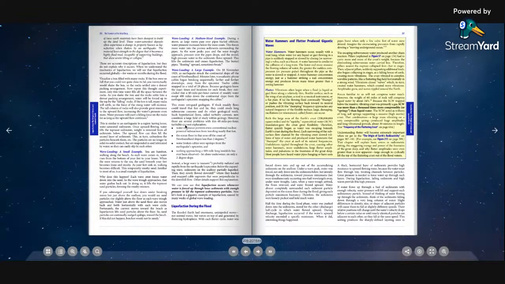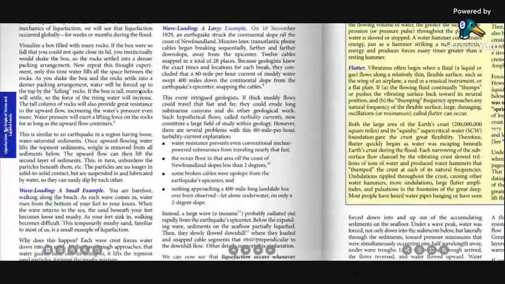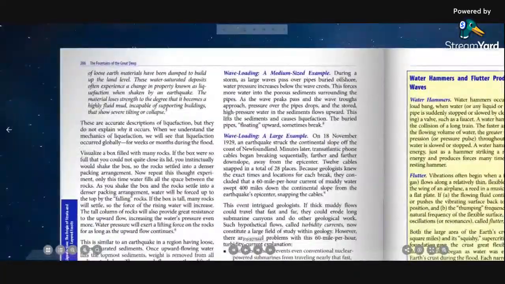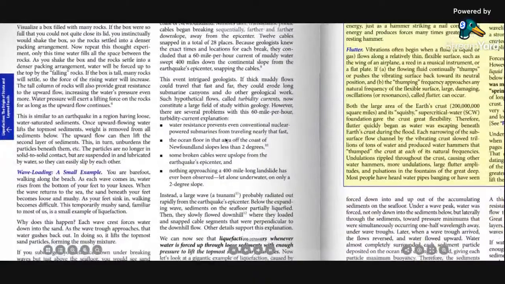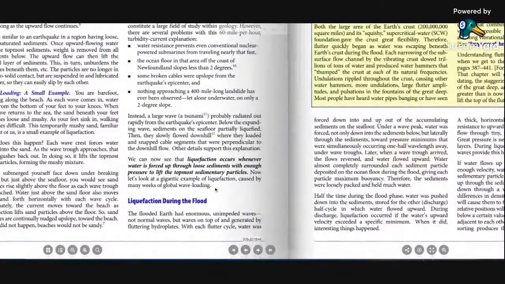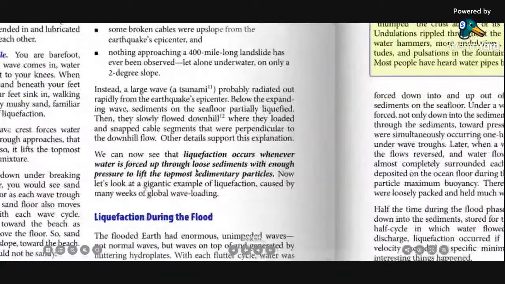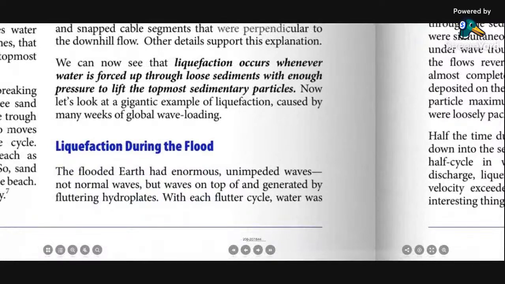In the Beginning by Dr. Walt Brown, Liquefaction During the Flood, on page 206 of the flip book that you can get at creationsciencecenter.org. Liquefaction During the Flood. The flooded Earth had enormous unimpeded waves, not normal waves, but waves on top of and